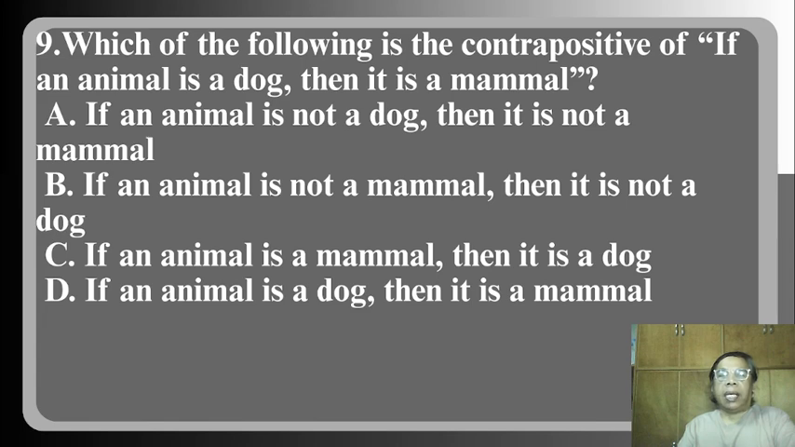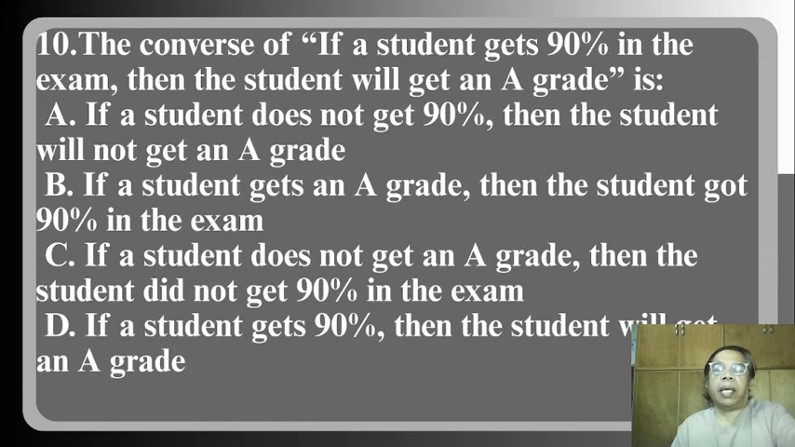Letter C. If an animal is a mammal, then it is a dog. Letter D. If an animal is a dog, then it is a mammal. Number 10. The converse of "If a student gets 90% in the exam, then the student will get an A grade" is